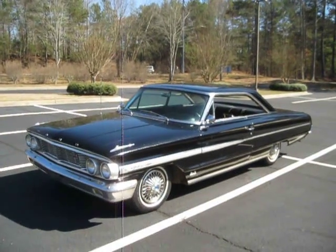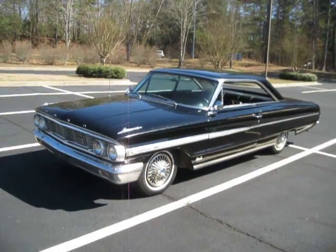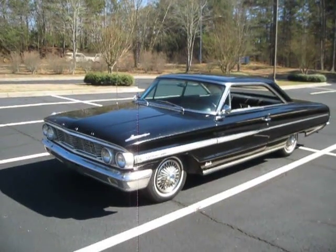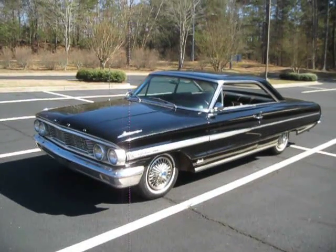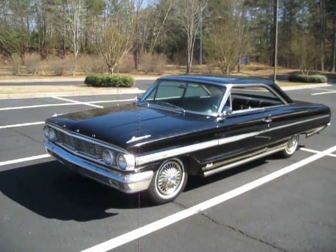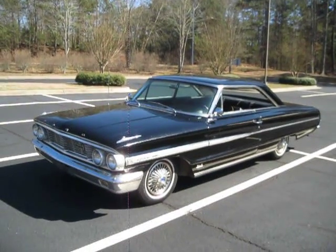It's beautiful. It doesn't need anything to be driven as is, and it's a great car that you could drive while you continue to restore it if you want to tinker with it, maybe redo the interior or anything like that. Not necessarily that I think it needs it, but it'll be up to the new owner to do what they want with it. So here you have it: all original matching numbers, black on black, Galaxie 500, fully loaded, power steering, power brakes,